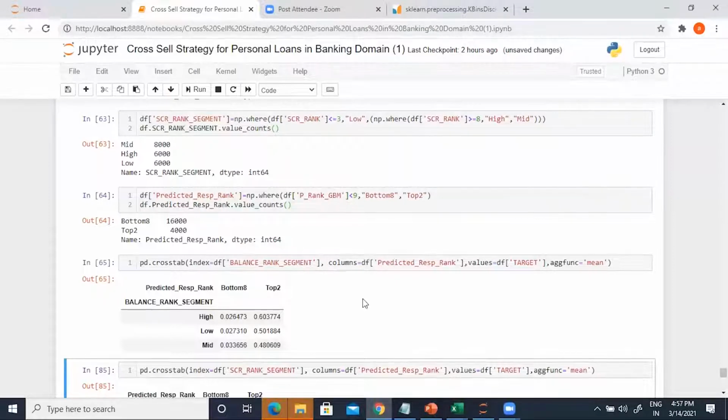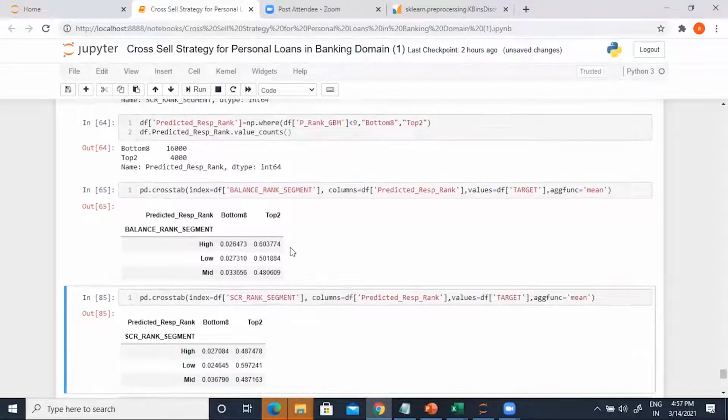Okay. Now here's the interesting part. We know that in the high balance segment, in general, the chance of response is low. It is on average not higher than 12.5%. But within the high balance segment, if you target the customers who fall into balance segment high and top two, then you're good.